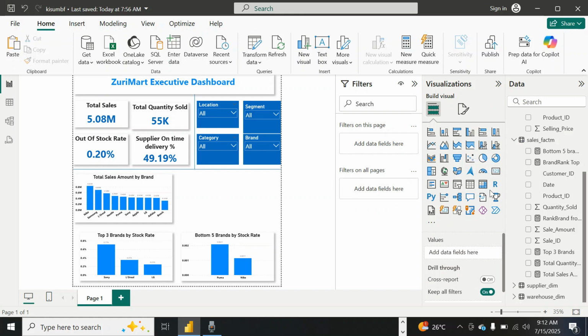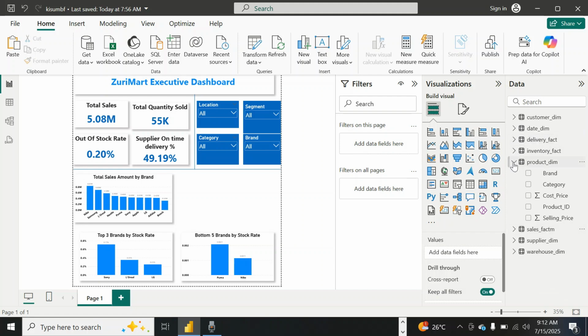So now we are looking for the bottom 5 supplier. So we're going to repeat the same formula, where